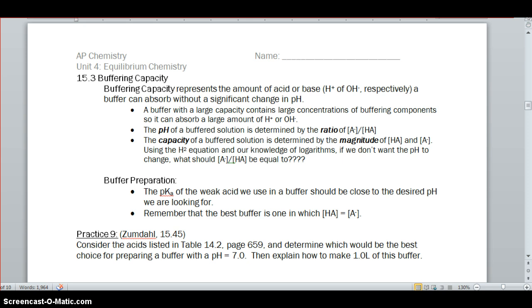So because there's something present that can deal with both, you get very little changes in pH, even when a strong acid or a strong base is added, because of this buffering capacity. So one thing we want to look at when we talk about a buffer is basically the magnitude of the amount of acid present and the amount of base present. And so this asks you to think about,